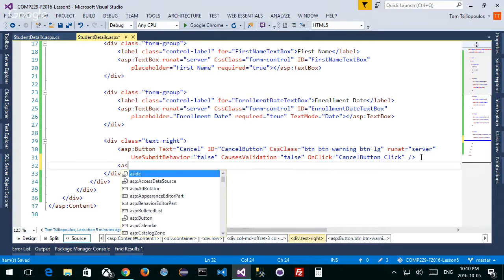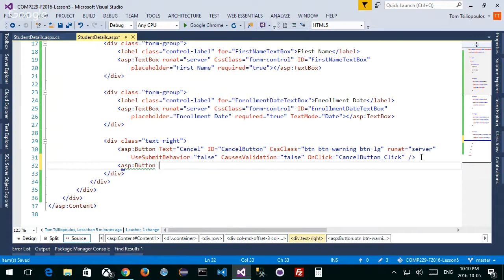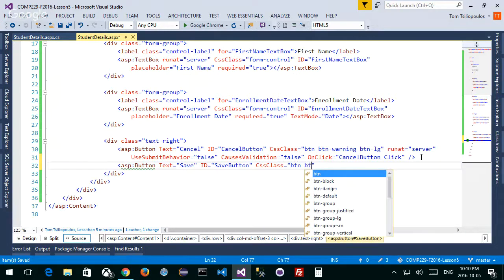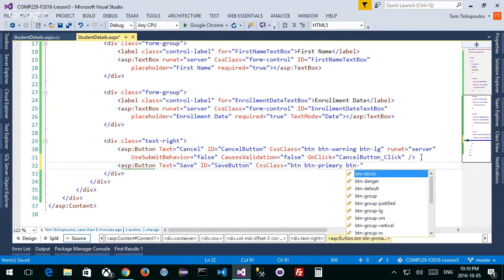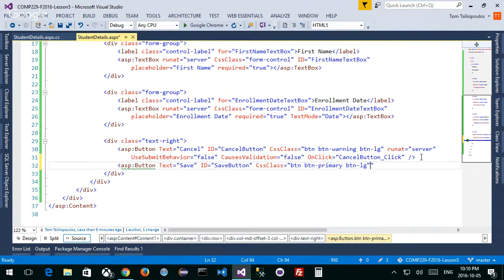So we're going to say another ASP button with the text, instead of cancel, it's going to be save. I'm going to do it like this so you can see it again, right? If I ever ask you to do a button, I need to do a CSS class of button, right? But this time my button, I'm going to use button primary, the blue button. That's what it's going to be, button large. Right, there we go. I'm not using any font awesome stuff in this particular case. I could totally do that though.